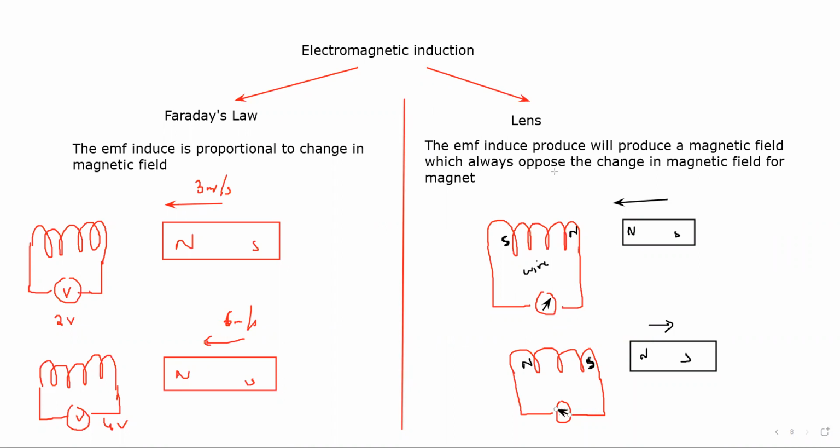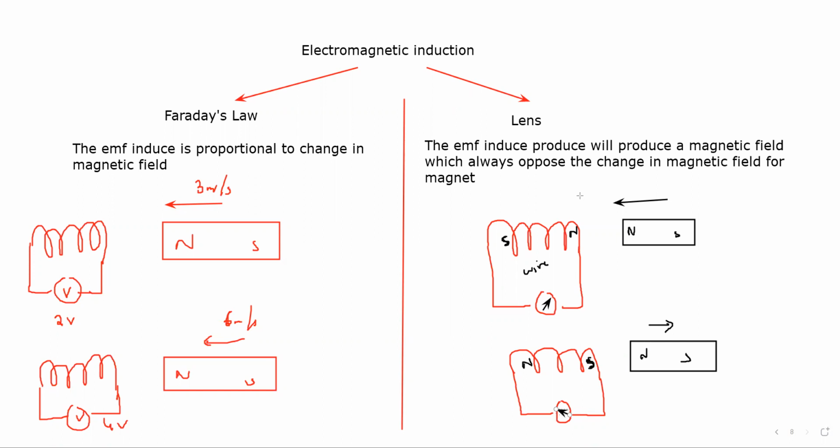So basically the direction of the current depends on the direction in which we are changing the magnetic field. If we are increasing, it will be opposite to when we are decreasing the magnetic field. So the direction of the current continuously changes if we change the direction of the magnetic field. Is it clear? The two laws which are explaining electromagnetic induction. The first one is Faraday's law, which shows a relation that if you change the magnetic field at a faster rate, the induced EMF will be higher. The second is Lenz's law.